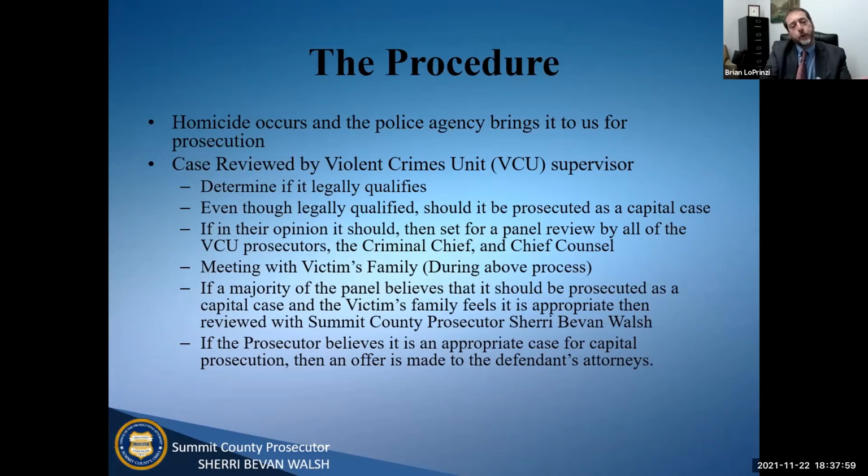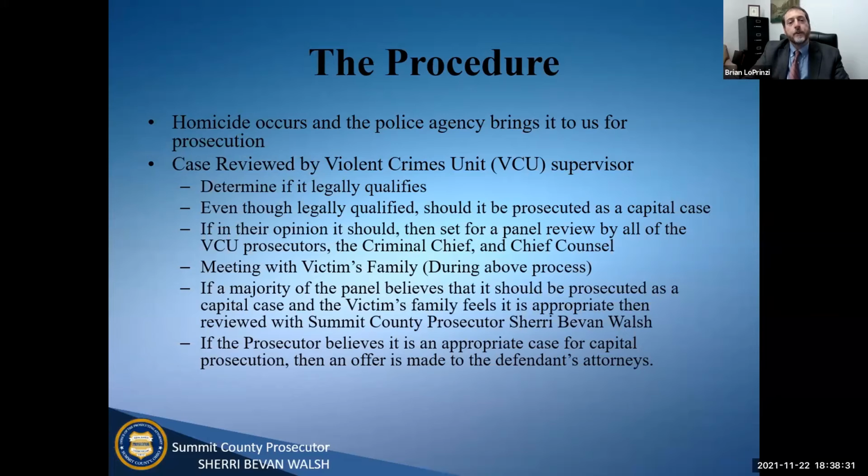So sometimes we go through this whole entire process to get the mitigation. The defense is not required to give us any of this information until right before the mitigation. Now, all of a sudden they tell us, hey, our client was raped repeatedly by the victim in this case as a child. And so they decided to plan their death, and they did that. Well, we're like, well, heck, if you had told us that in the beginning, we would have never gone through